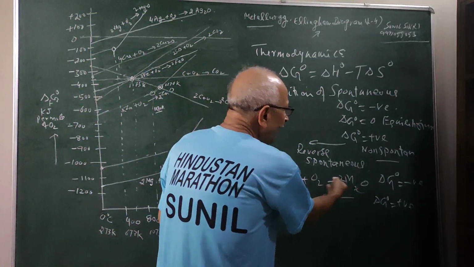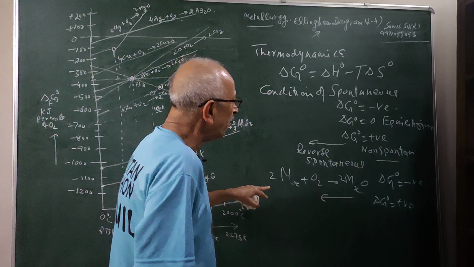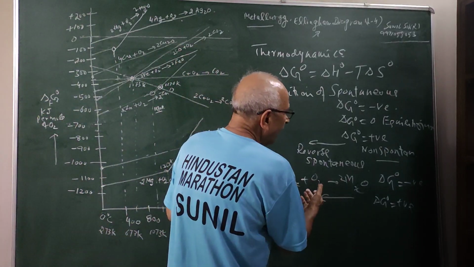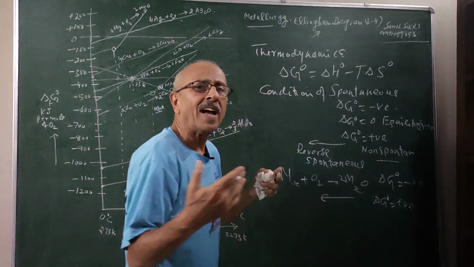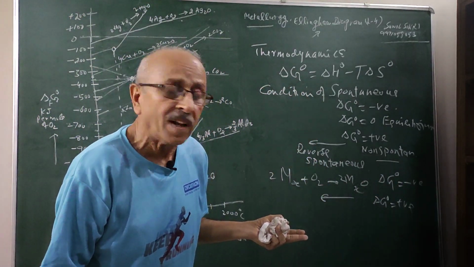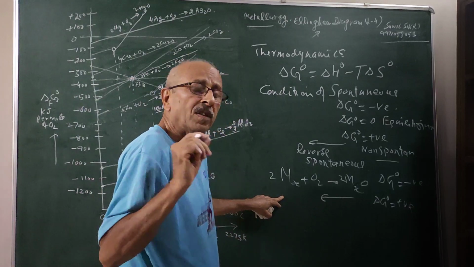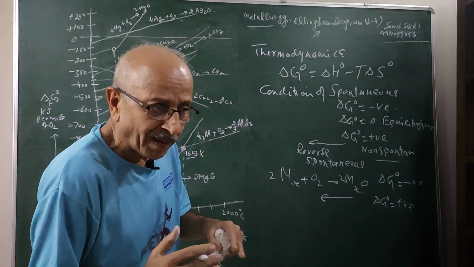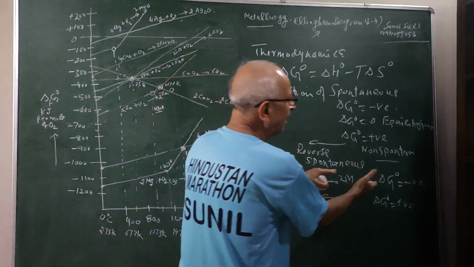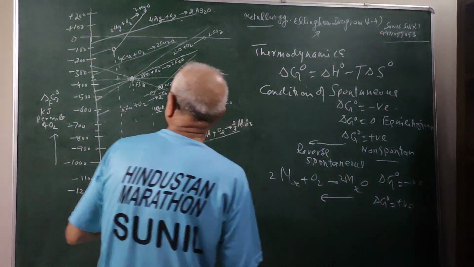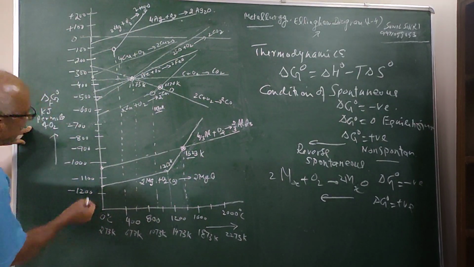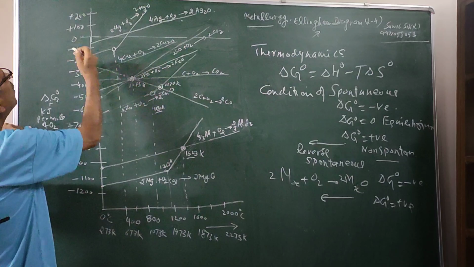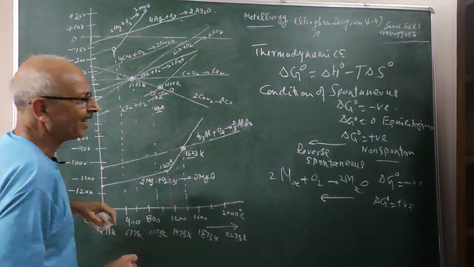So in a large number of cases, what you find is, if for a particular metal oxide at a particular temperature the delta G becomes positive, then that metal oxide will dissociate on heating. That's what we are trying to say. So the condition is very simple: for a reaction to be spontaneous, delta G should be negative. And as you can see in this graph, it is more negative downwards. As I am going upward, the values are becoming less negative.